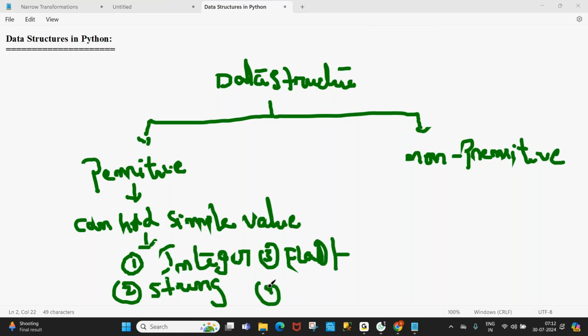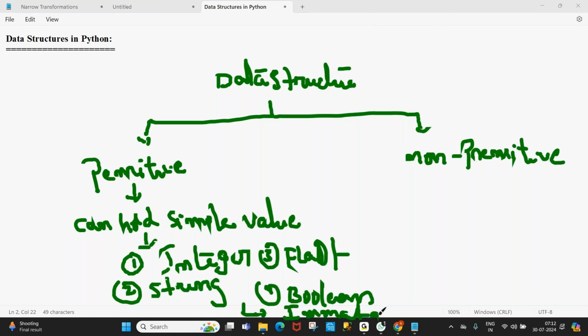And fourth one is boolean. These are the four primitive data types. All these primitive data structures are immutable.